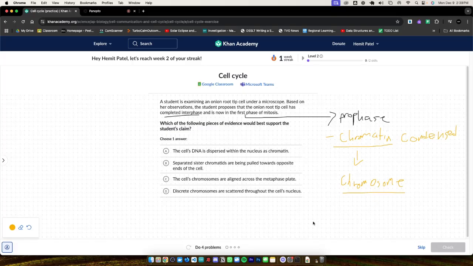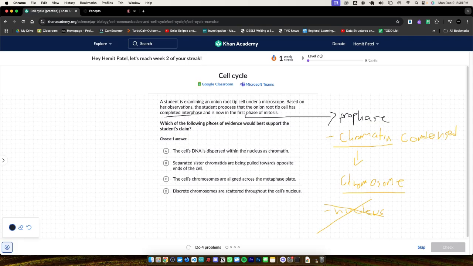And also during prophase, the nucleus, I should say, the nuclear envelope, it disintegrates, and by extension, the nucleus is gone. Okay. So now that we know the characteristics of prophase, which is the first phase of mitosis, let's look